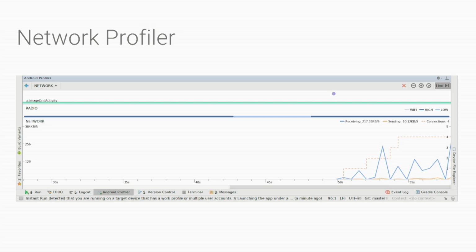And then only it shuts down after some time. If you continuously transfer or receive data, the device will keep the network hardware at its high power state, thereby consuming more battery. You don't want an experience where users love your app, but it drains the battery so quickly that they decide to uninstall. So the network profiler allows you to see how much data you're transferring, and at the same time look at the radio states to understand whether you're actually impacting battery because of the network.